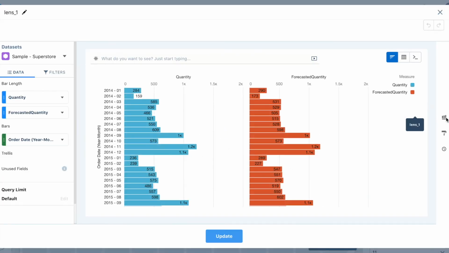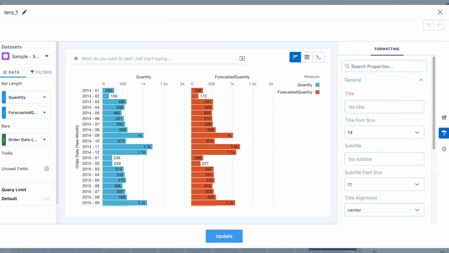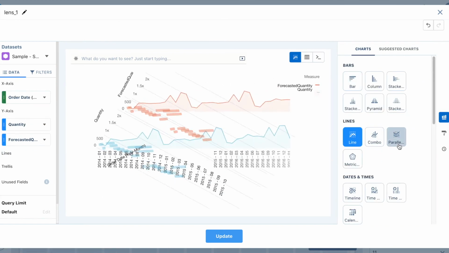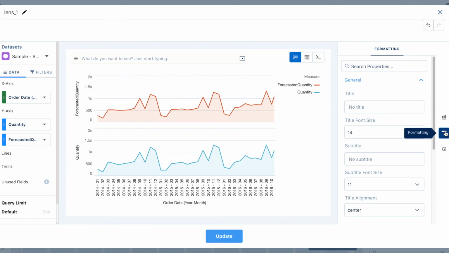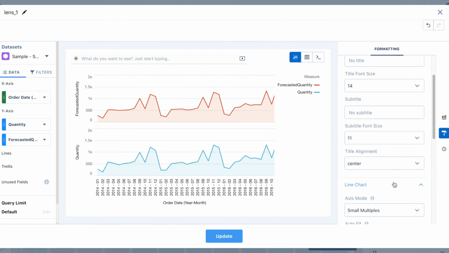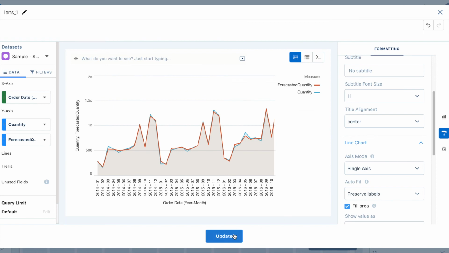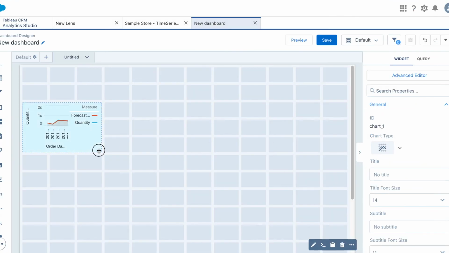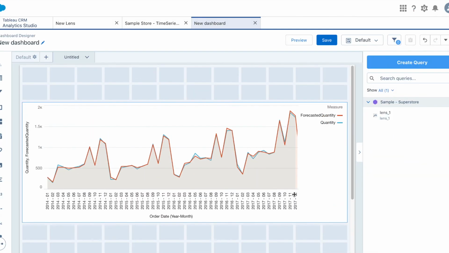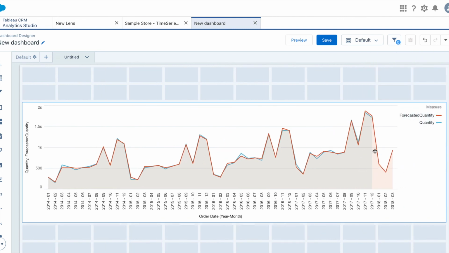Let's actually make it into a line chart, and let's put everything onto a single axis. Awesome. Okay, and let's expand this chart. Okay, so as you can see, these are the 3 additional months that were generated by our forecast.